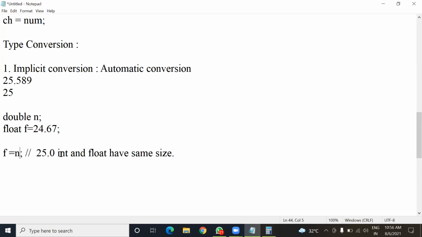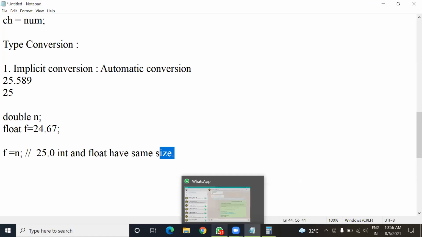And if both data types have the same size, then you have to consider the precision, which data type supports more precise value. The less precise value will be stored inside the more precise variable.